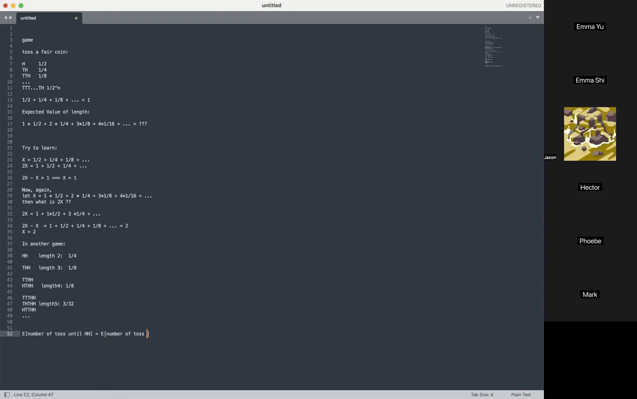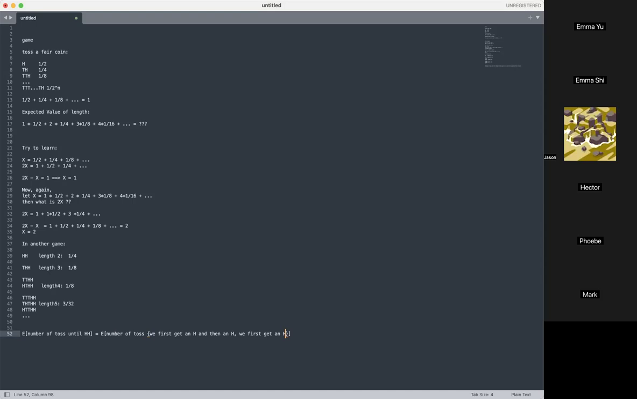So until HH can be explained in two ways. It can be either that we first get an H and then an H. So this is the case where we get two H. And what's the other case? The other case is that we first get... let me think how to express it. So we first get an H,